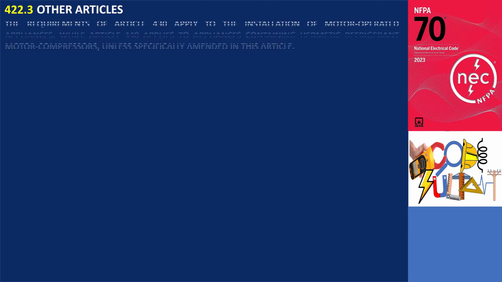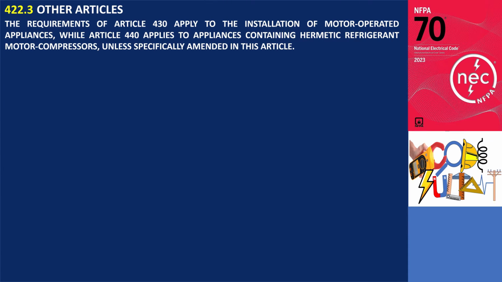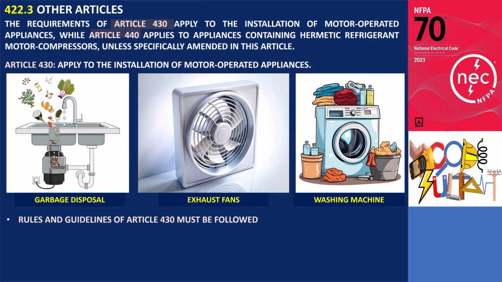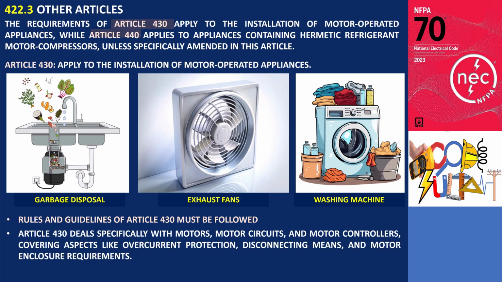Article 422.3, titled Other Articles, states that Articles 430 and 440 are applicable. Article 430 outlines the requirements for the installation of motor-operated appliances. This means that appliances with motors, such as garbage disposals, exhaust fans, and washing machines, must adhere to the rules and guidelines specified in Article 430. This article specifically addresses motors, motor circuits, and motor controllers, covering topics like overcurrent protection, disconnecting means, and motor enclosure